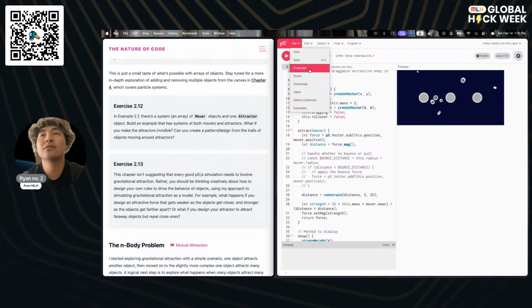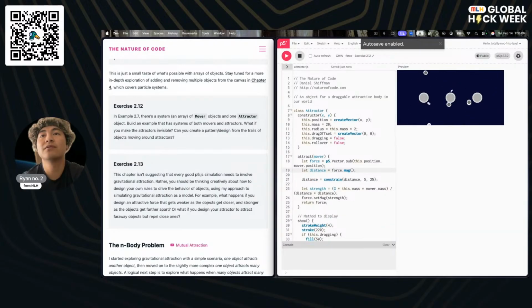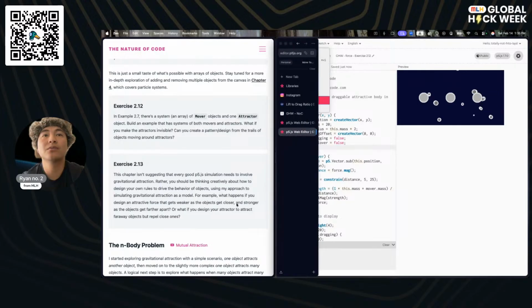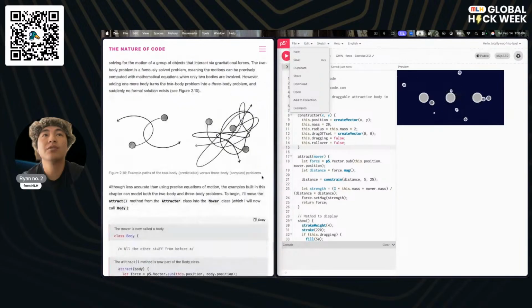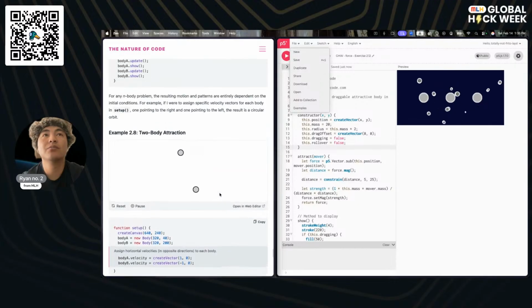And then I'm going to duplicate this, change this into 2.12, and we're going to remove all of this bounce stuff. That way we have history. Okay, and then I'm going to move on to this next thing, move on to two-body attraction.